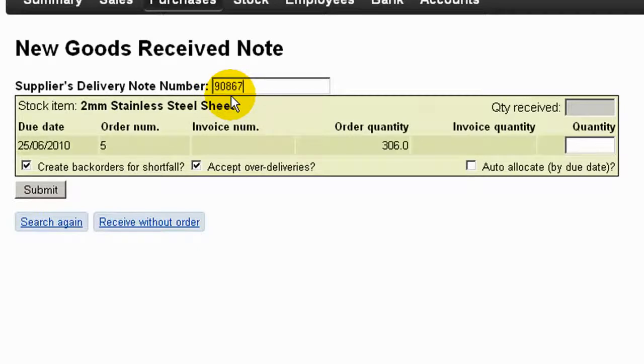So the delivery note number is entered here, and the quantity actually received here. You'll notice that the quantity we're entering here is received from the supply delivery note, and indeed the order quantity are in a unit of measure that the supplier will recognize. At this point we submit the GRN,